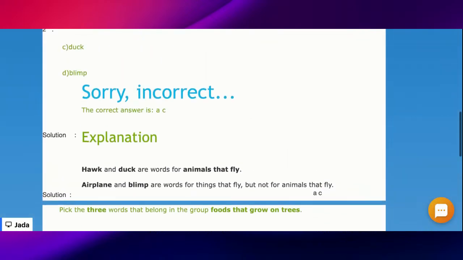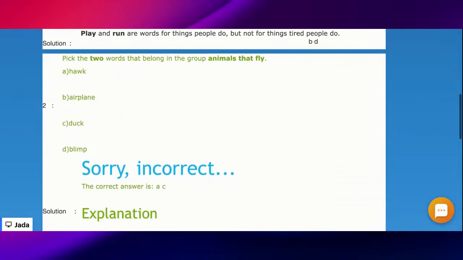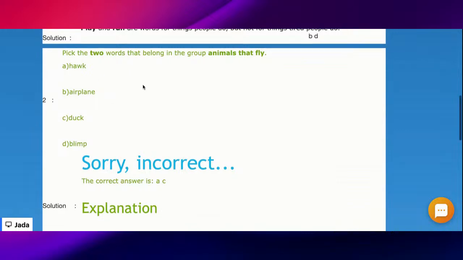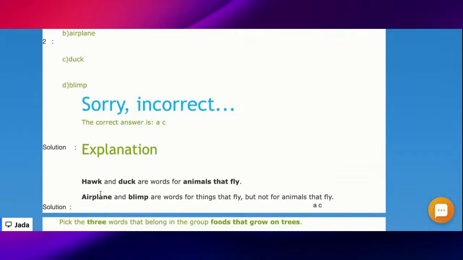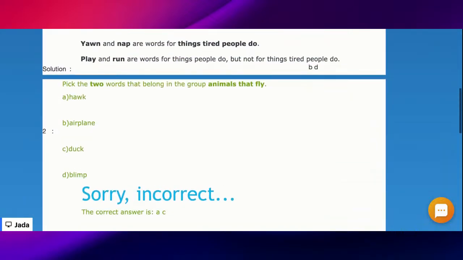So this is us selecting the members of a group, okay? For example, it says pick two words that belong in the group animals that fly. So here you have to look at which animal flies. You would have to choose from these options. That's how the test will be. You have to select the animals that fly. So we have the hawk and dog are words for animals that fly. We also have